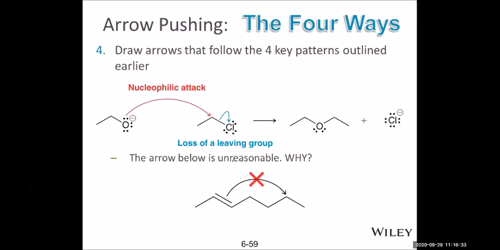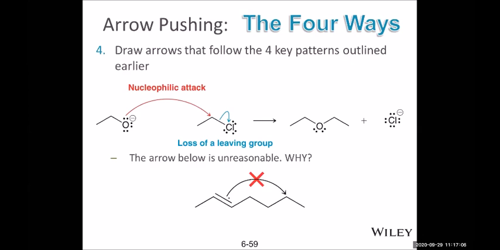So we have these reactions. We have the four key patterns: the proton transfer, nucleophilic attack, leaving group, and rearrange. Those four are the ones that happen in organic chemical reactions. The others, if it doesn't belong, then you don't have this kind of reaction.